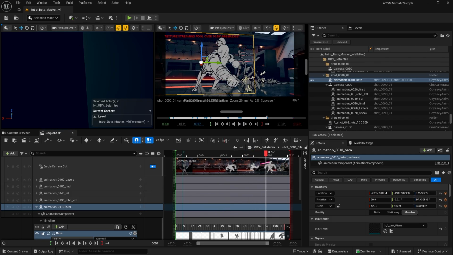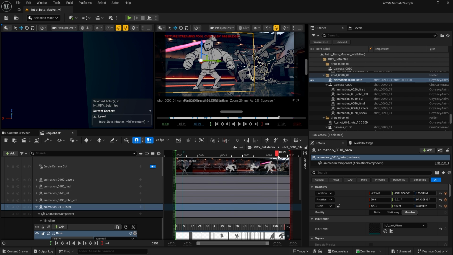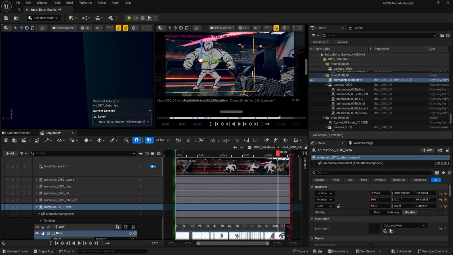I mean, look at it. This guy doesn't look like Beta at all. I mean, it's just a basic drawing, mostly implying the figure, the form of the character, without necessarily reflecting the character in 101. Just the size, the scale, and so on. Once you do that, you can then bring in your CGI characters and put into the similar positions and animate it from within. So that's why this animatic sample project is also very important,